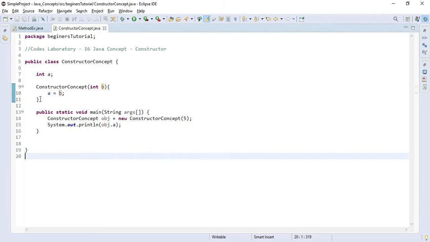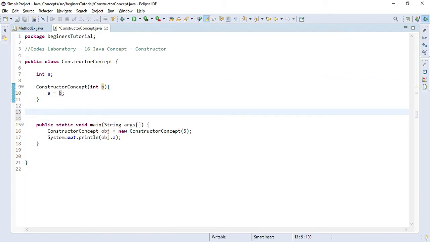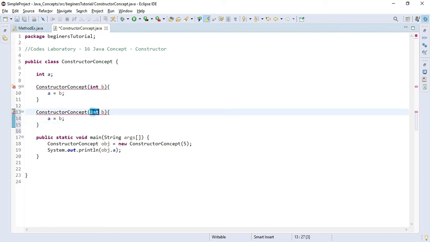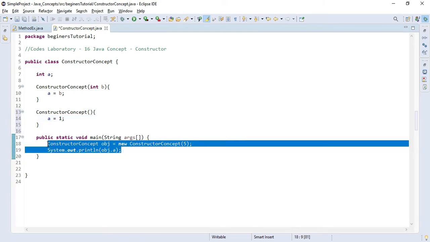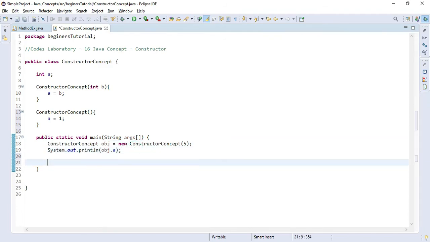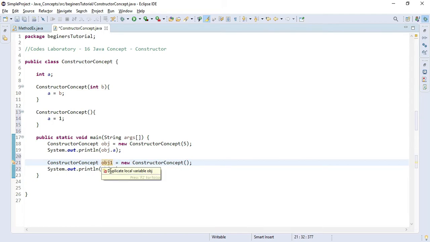And I want to show you one more thing: you can also overload your constructor like this. So you will not be required to pass the default values every time you want to keep them in your variable. Sometimes you can call it like this, and sometimes you can simply call the constructor like this, and we will have to rename this object as it would be a duplicate.